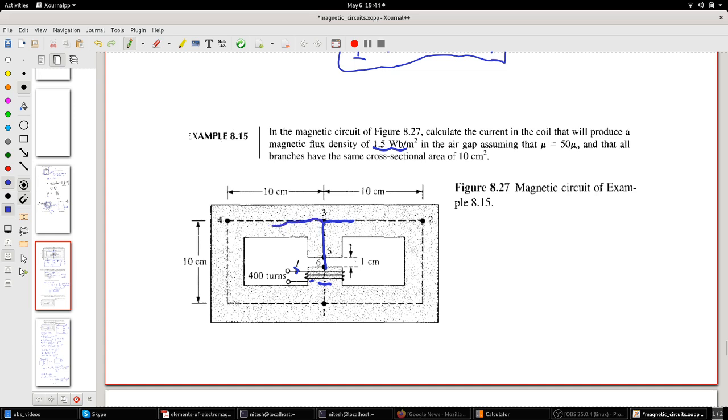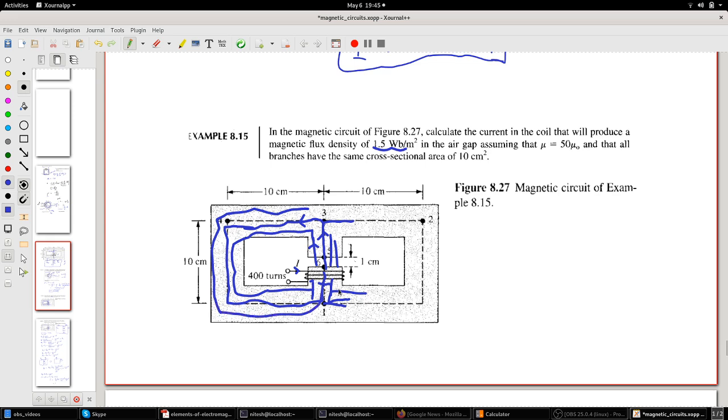If you use the right hand rule, curling all four fingers in the direction of the current, the thumb is the direction of your flux lines. So this is the path which it is going to flow, and the same thing here, and here. It comes out like this and then terminates like this. It's going to be confined to the core. We are neglecting all the fringing fields, the fringing effects.